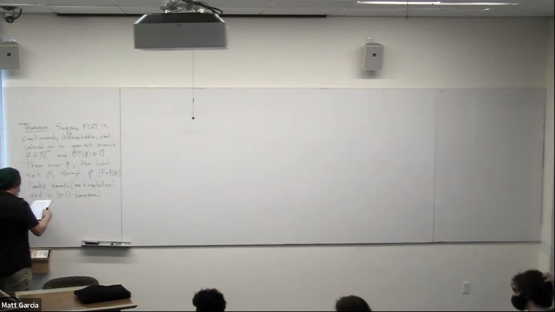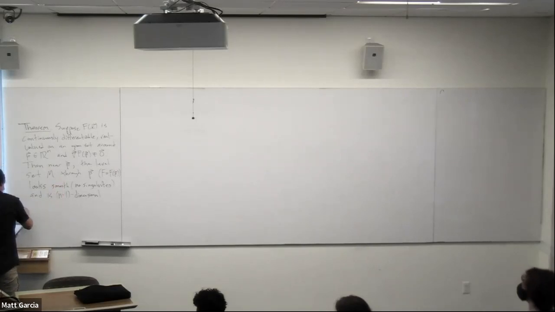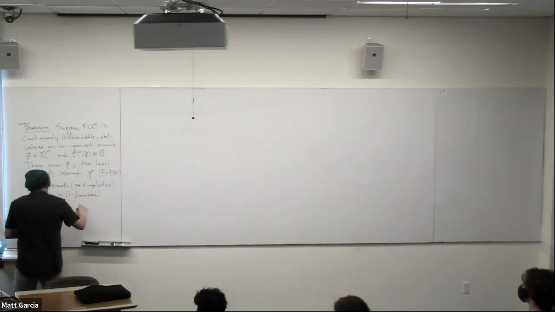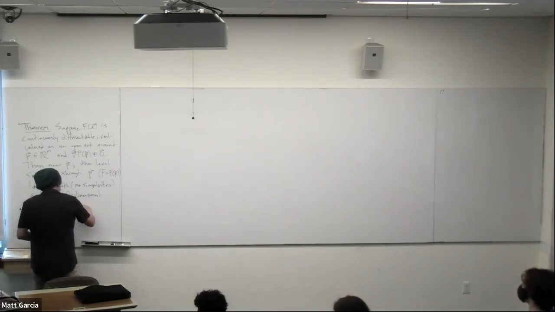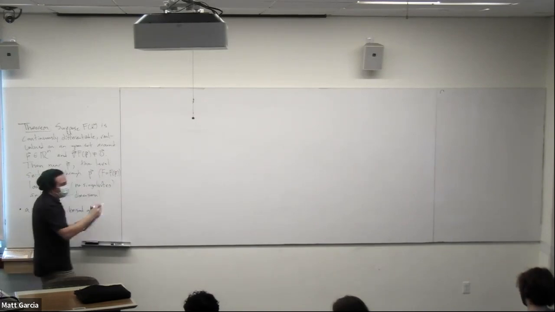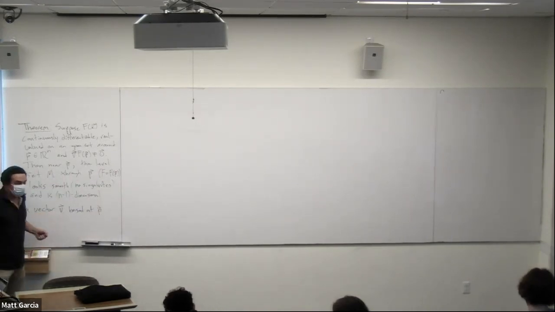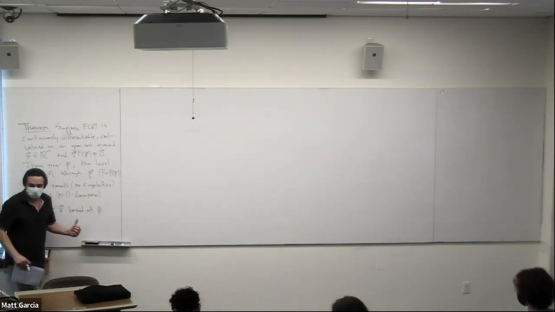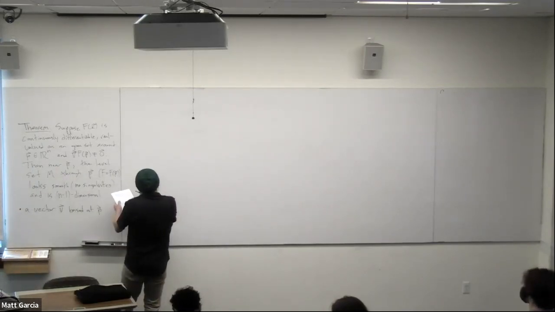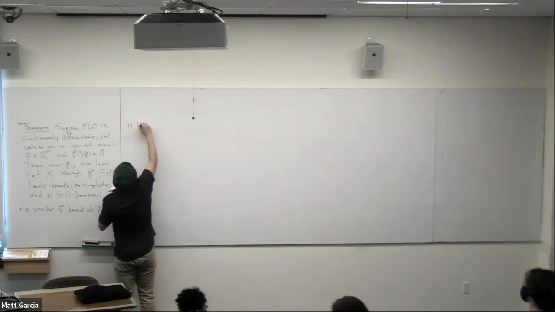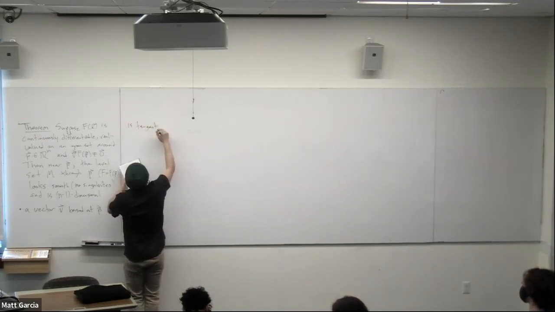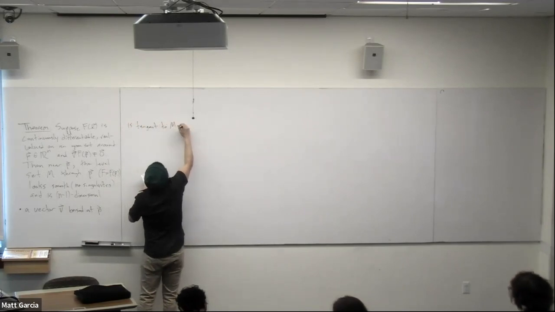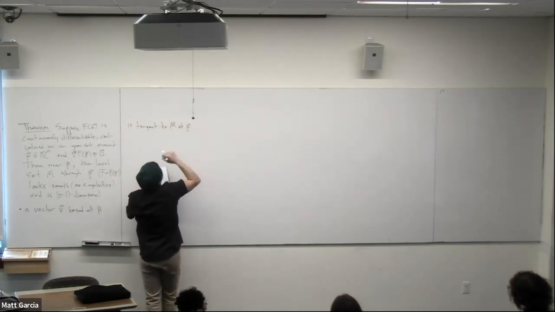Okay. So a vector v hat based at p hat. Remember, vectors are translation invariant, so I can take an arbitrary vector and slide it around till I get its initial point at p hat. That's what I mean by based at p hat, right? Such a vector based at p hat is tangent to m at p,